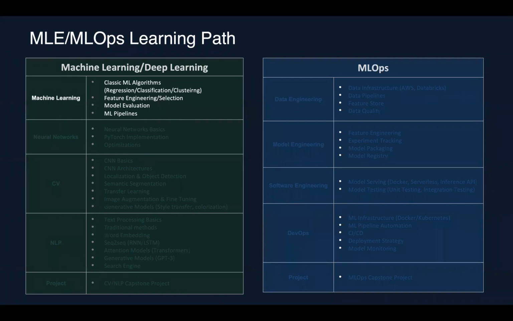So understanding classic machine learning algorithms is very important. You need to understand regression, classification basics, and unsupervised learning as well. And feature engineering, feature selection is also very important when you deal with structured data. And of course, how to evaluate models, do parameter tuning, and understand how to build the end-to-end pipeline that includes data pre-processing. Okay, so this is the prerequisite, I would say.